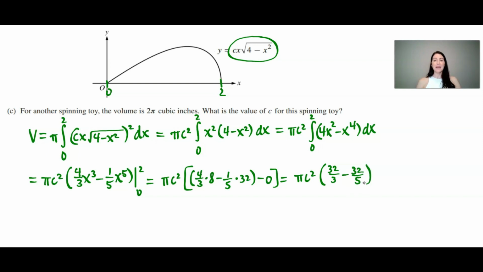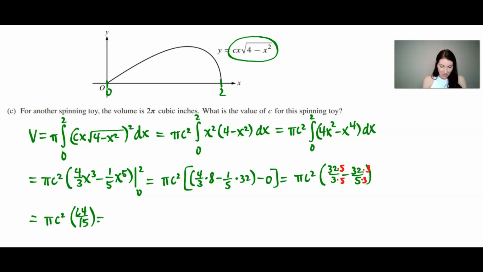And man, wouldn't it be great if I could just plug that in my calculator? But remember, this is a non-calculator question, so I cannot just plug those numbers into my calculator. I would have to get common denominators. I'm going to make both denominators be 15. So let's do that and that. And once you do those calculations, you would have pi c squared, and that would come out to be 64/15. So this is the volume that I calculated, and in the problem they said the volume is 2 pi